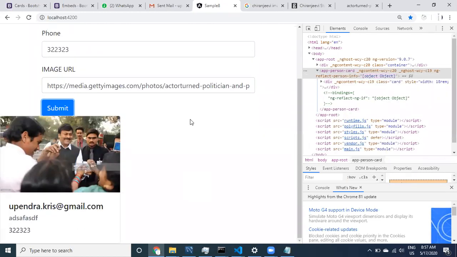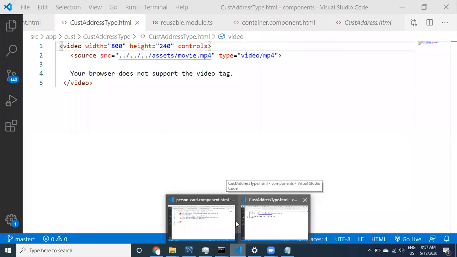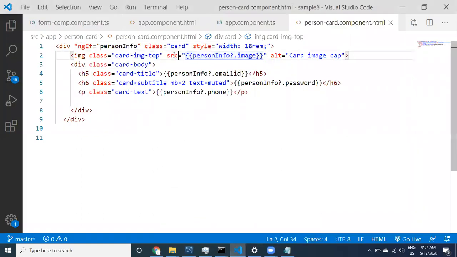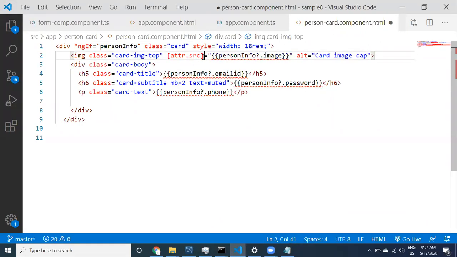So what we provided previously was attribute binding, right? Attribute binding gave an error. We'll check that also, how it is going and what the problem is. Source is the attribute of image, so I guess it should not give the error. Whenever I take attribute dot source, I should not take this.